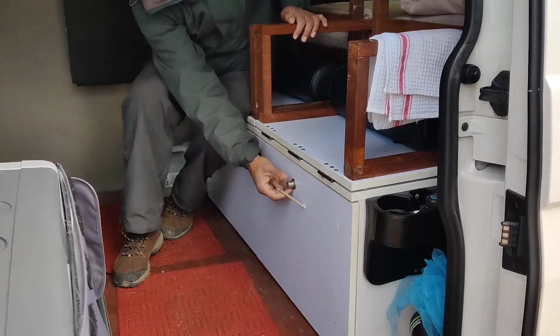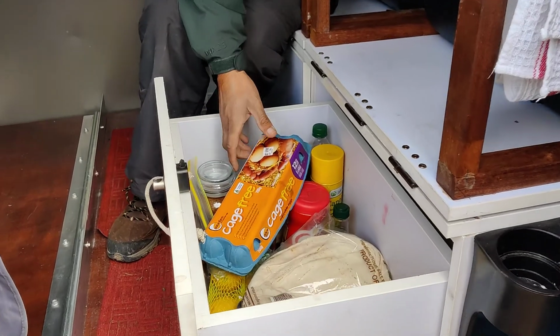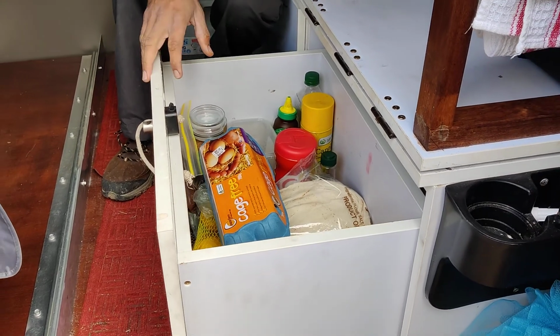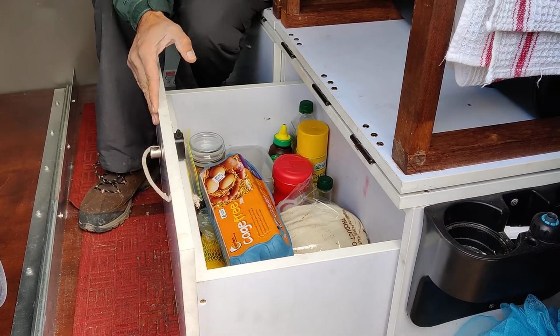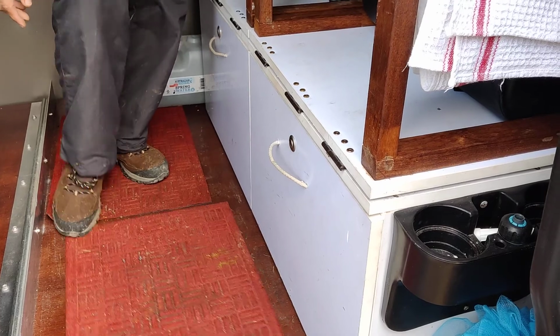okay, we have a cabinet. This is usually our pantry. We've got all the food, eggs. It's winter now, so eggs are fine in the pantry. We have all the spices, coffee, sugar, milk, long life milk and stuff like that. Lemon. And in here another